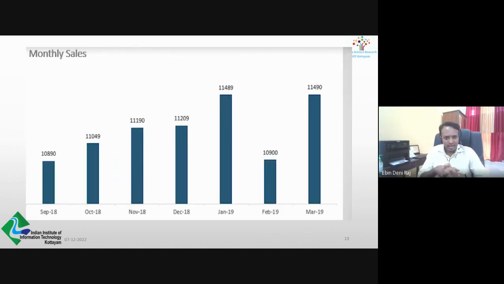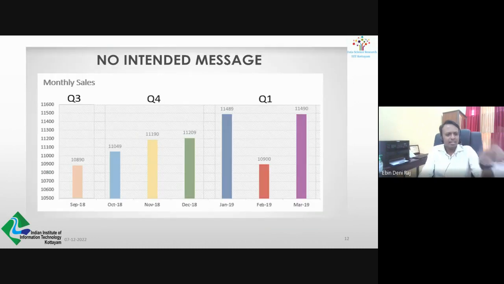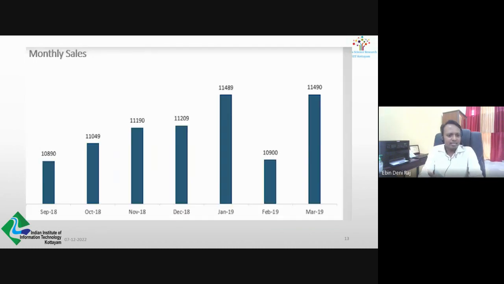So the same data, let me put it in a different way. Let's take a look at this graph. This graph represents the exact same data as the one before, but this time we have removed all the graph elements that distract the viewer. If you go back, you had some x-axis, some y-axis, right? Those things I've just removed. I've stepped it down to just the components that convey the information.